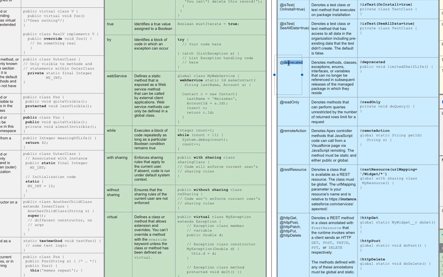Deprecated keyword is useful in AppExchange packages. Whenever you feel that a method will not be used anymore, you use this so that others cannot modify or use it in future